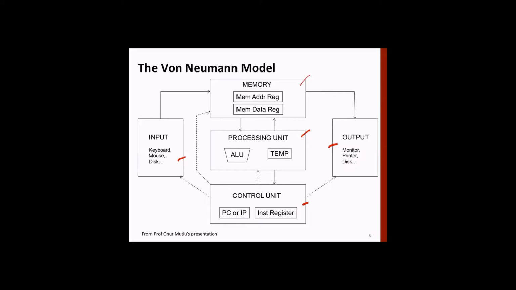Now, processing unit is where all the number crunching happens, right? Remember that a computer uses only numbers, right? Internal representations are zeros and ones, and finally, these are represented as numbers. So ALU is the arithmetic logic unit, which does all calculations, all arithmetic unit functions. Okay, like addition or multiplication or logical AND operation or logical OR operation, and so on and so forth, right? And then something that is shown as temp is nothing but registers, where we can temporarily store the values or intermediate values of any program.